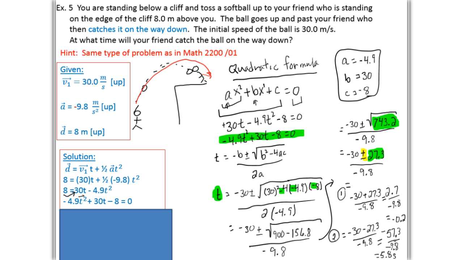And that's in seconds, and remember up here 2.7 was in seconds. So which answer do you keep? Because you were solving for time and we worked down to two answers. Now both can't be right. So negative 2.7 seconds or 5.8 seconds. Well guys, at last check time could not be negative, so you're going to reject